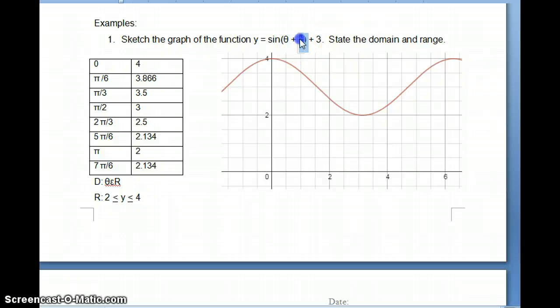If we were to look at our c value here, just remember that it is the negative value, so your c is equal to negative pi over 2. So if we were to go there, which is approximately somewhere over here,